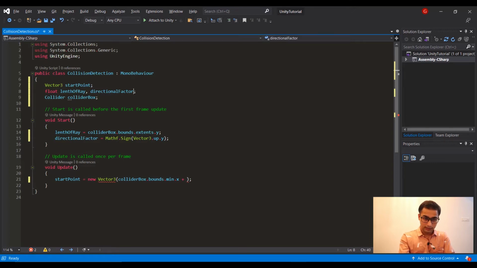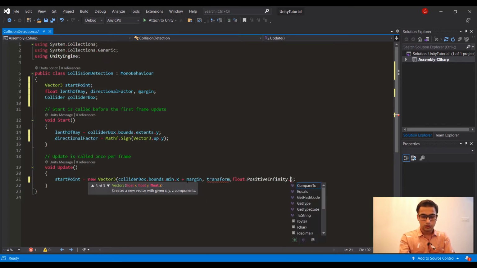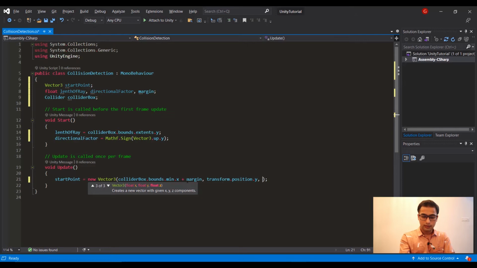So create another variable margin, and just adding this margin, and transform dot position dot y, and transform dot position dot z. So this will be the start point of the array.